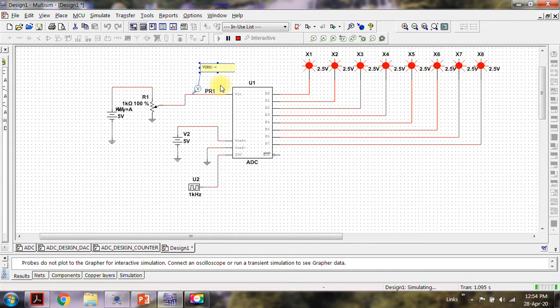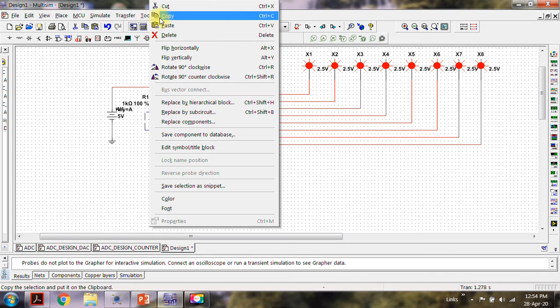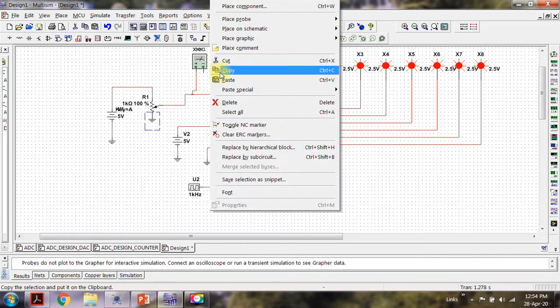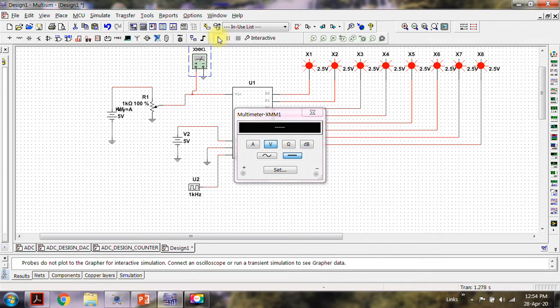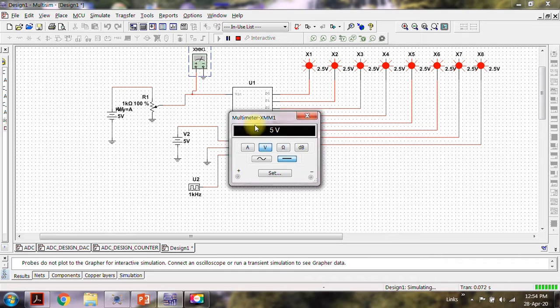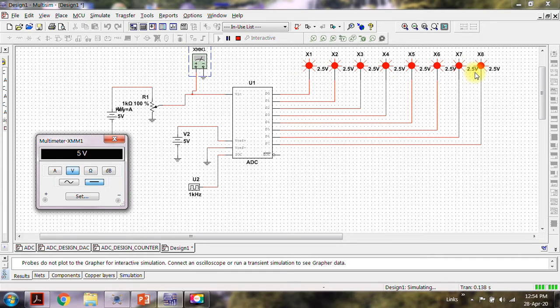We'll settle down to 5 volts. Instead of using the probe, I'm going to use a conventional meter. So at 5 volts you have full scale reading over here corresponding to 1111, all 8 bits.